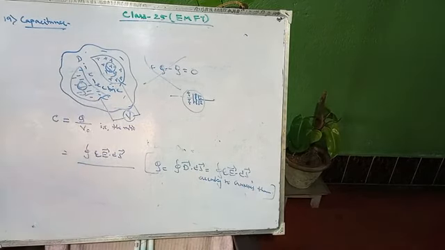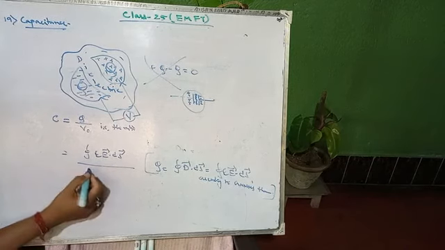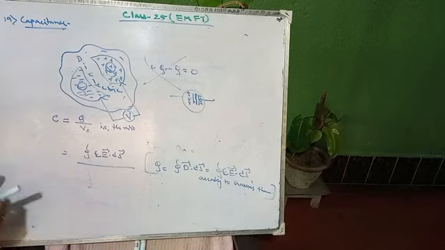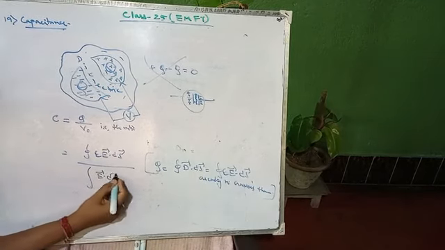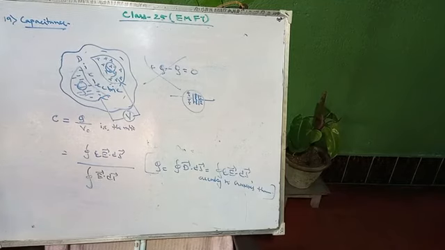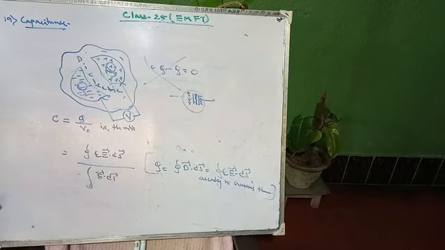Okay, according to Gauss's theorem, divided by what is V? According to the definition, this V will be the integration of E dot dl, with a negative sign. You need not provide a closed integration. This normal integration will give your voltage.